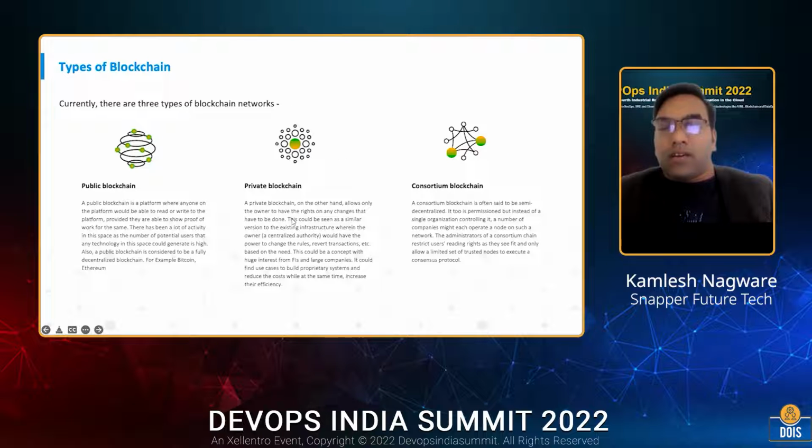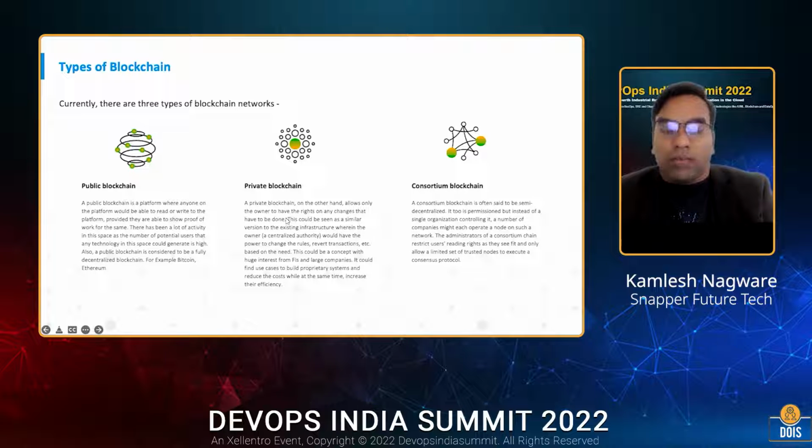But later, because still we are in public blockchain, but later then Hyperledger, which is a Linux Foundation project, started to bring this technology to a wider audience, and not just cryptocurrency and tokens, but other use cases like supply chain, digital identity, and banking systems, where they could use these technologies to bring trust and transparency in the existing legacy system. So that's the motive of starting the Hyperledger Foundation.